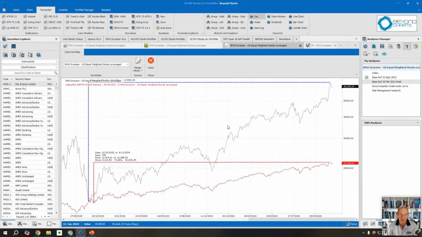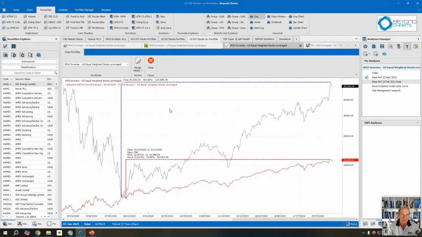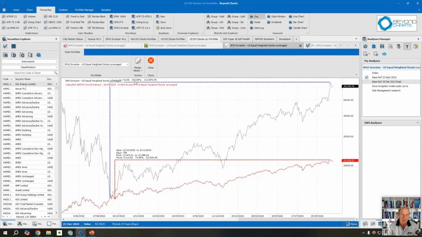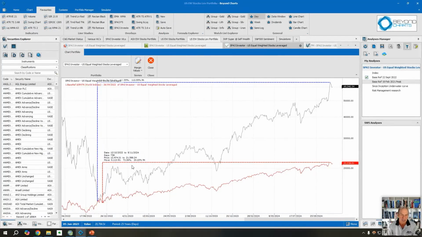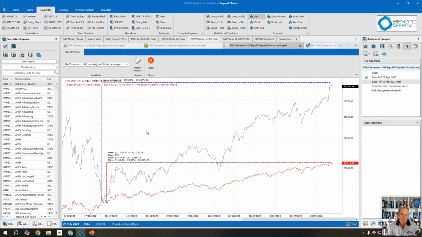So quickly onto the equity curve, and then I'll go back into the PowerPoint presentation and finish up. Over to these peaks, recent peaks from the troughs back in September, October of 2022, you can see that this portfolio is up 402% from there, whereas at the same time over the 2 years, the S&P 500 total return is up 73.06%. So about, what's that, just under 6 times more growth.